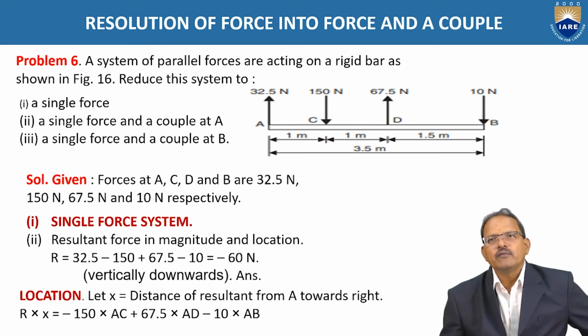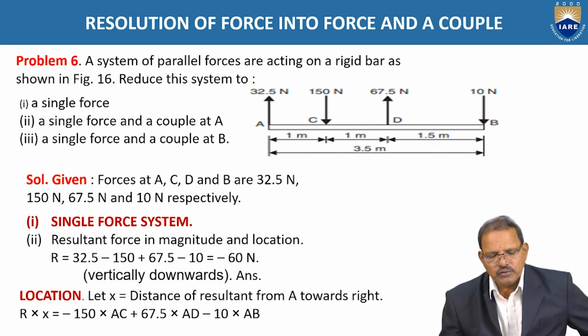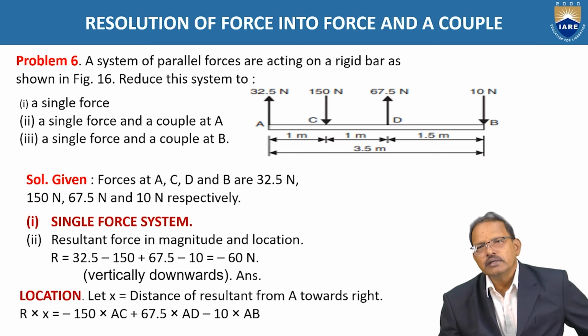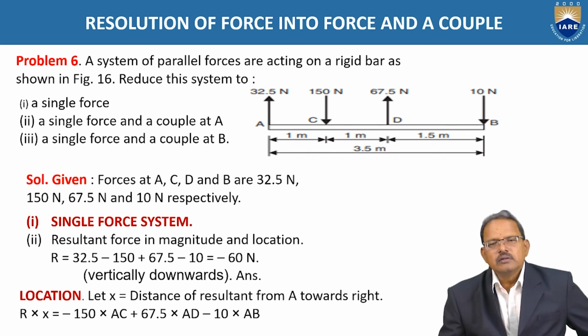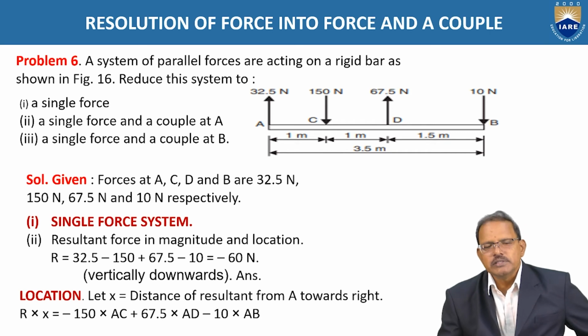A system of parallel forces are acting on a rigid bar as shown in figure. Reduce the system to a single force and a couple at A, and a single force and a couple at B. Now, reduced to single force means